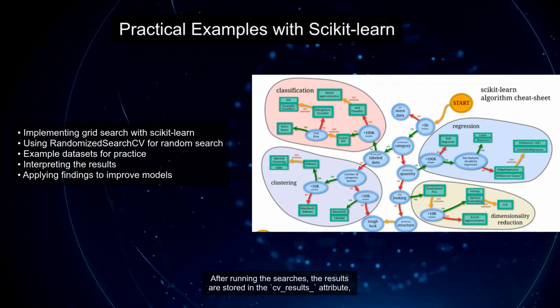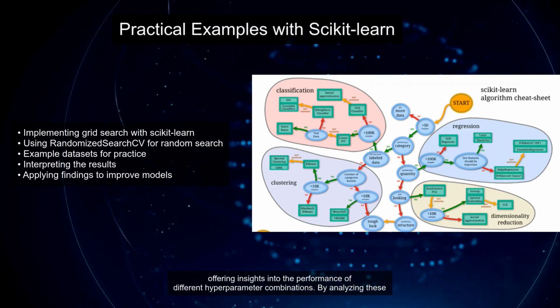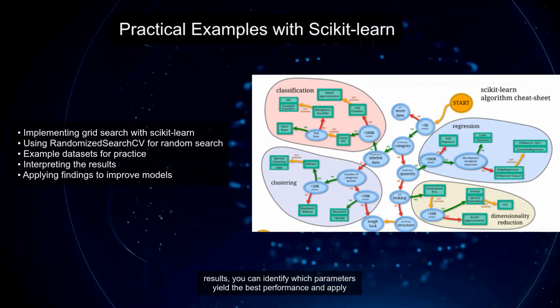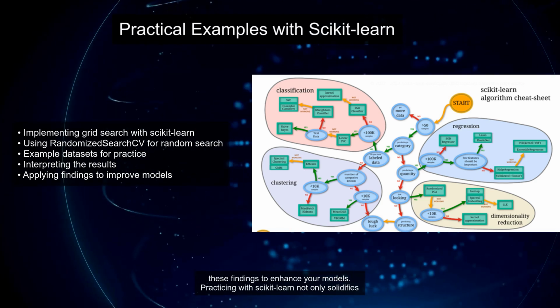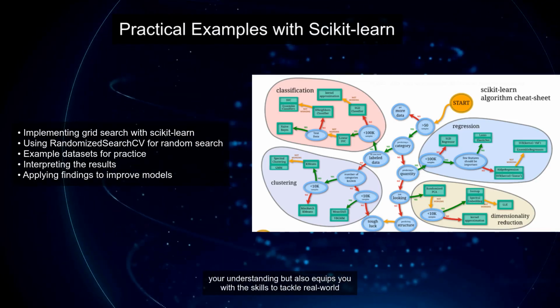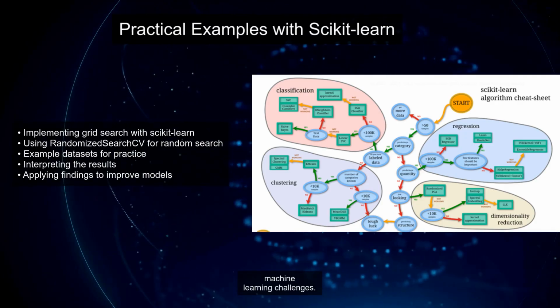After running the searches, the results are stored in the cv_results_ attribute, offering insights into the performance of different hyperparameter combinations. By analyzing these results, you can identify which parameters yield the best performance and apply these findings to enhance your models. Practicing with scikit-learn not only solidifies your understanding but also equips you with the skills to tackle real-world